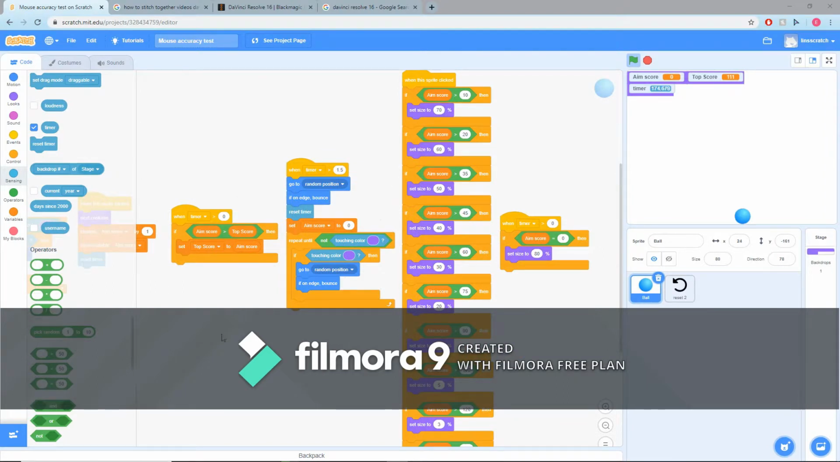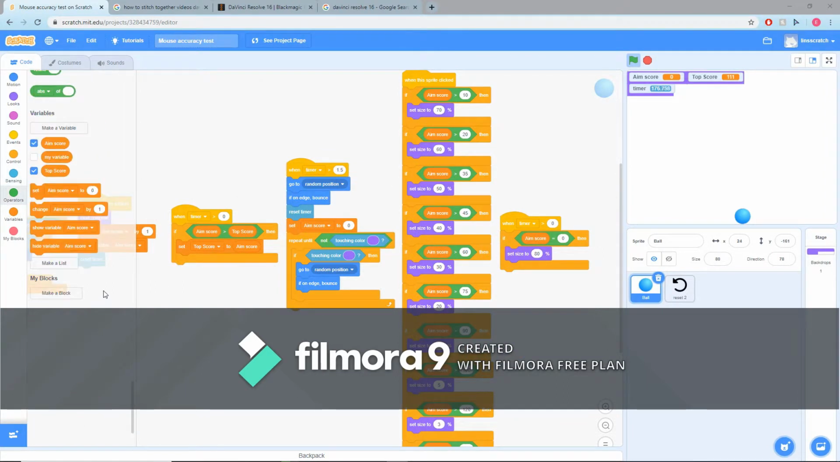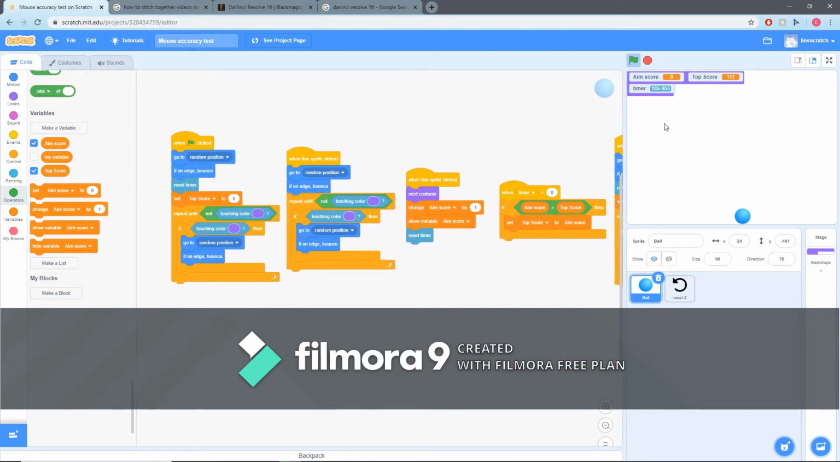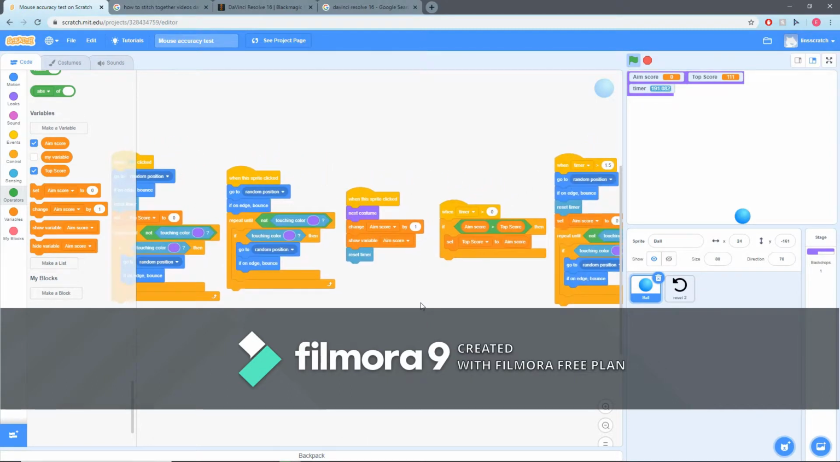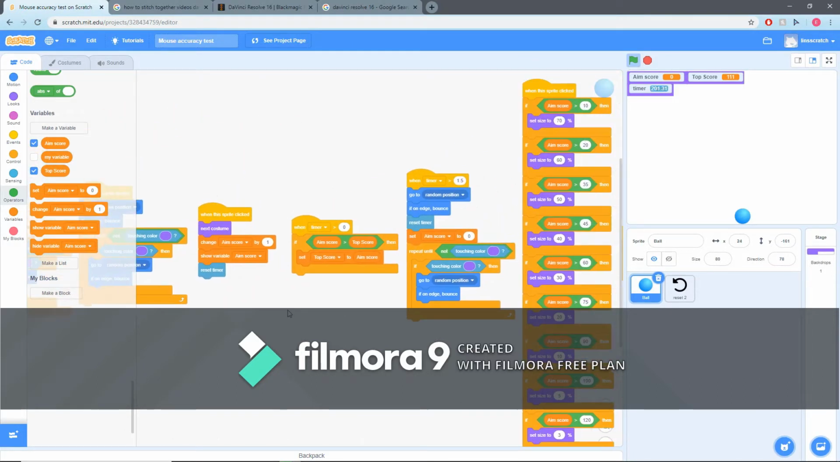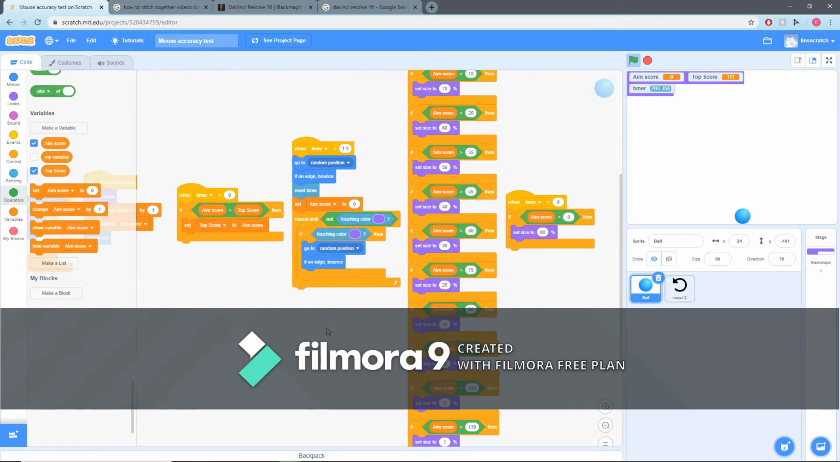To add an aim score variable, you'd want to scroll down and make your own variable. You then check the box. It should display automatically on screen after you've added it. But to update it, you want to have, when this sprite clicked, change aim score by 1, and also show variable aim score. I don't know if it shows automatically, but